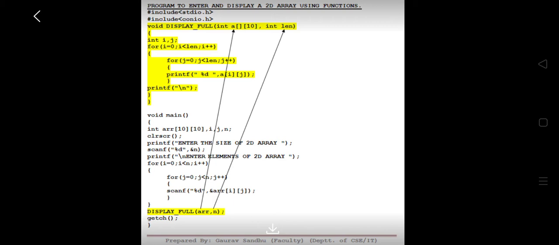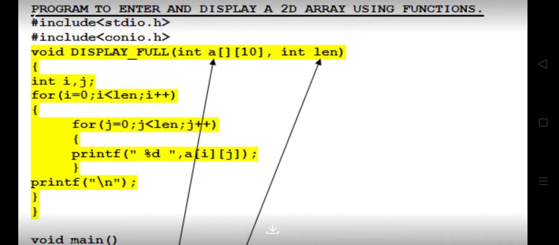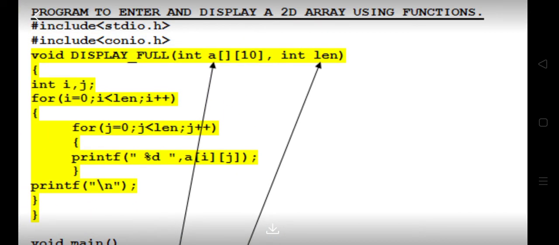Now, one important thing for passing a multi-dimensional array is that the first dimension does not have to be specified, and the second or subsequent dimensions must be given. Let's see here. Specifying the second dimension is important because the compiler needs to calculate the size of the item which is pointed to by the array A here.